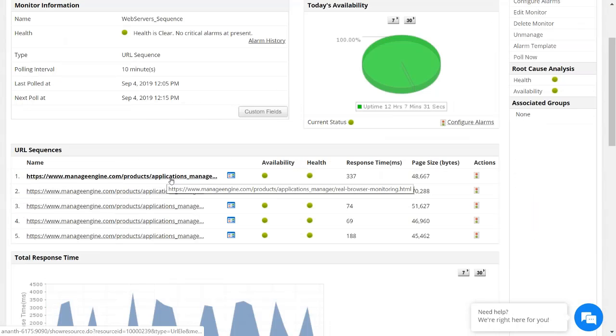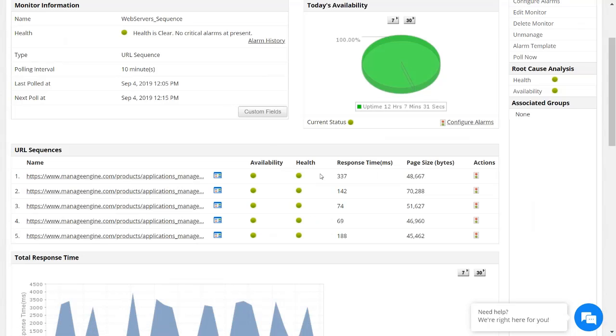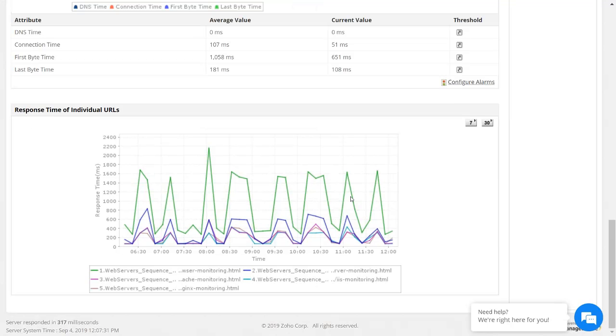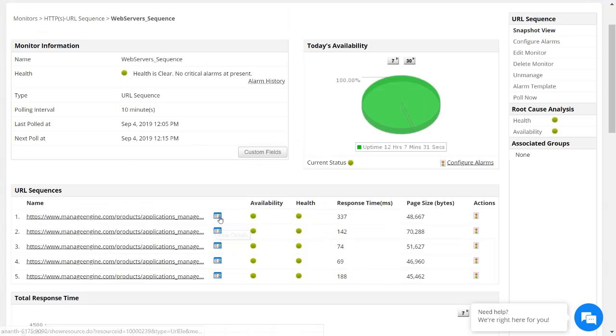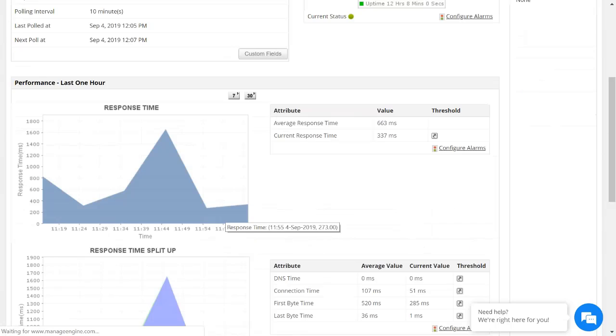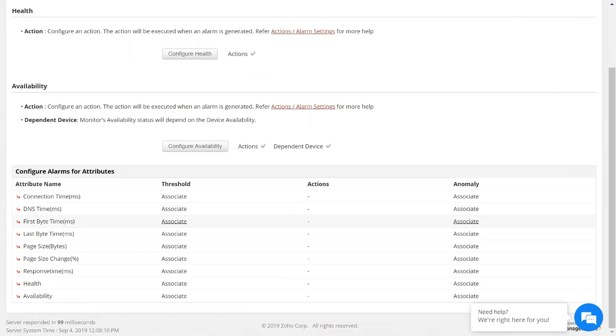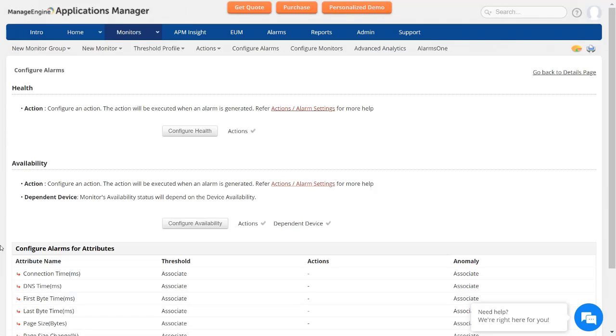And you can see the combined metrics of the response time of the individual URLs, that there is a spike in the specified time, and the average value and current value information. You can drill down to a specific metric by clicking the specific view details option, and you can view the individual URL's response time, which is similar to the URL monitor also. And you have an option to configure alarms right here, through which you can configure alarms for the connection time, response time, critical metrics. So with this, let me switch back to the presentation and discuss the next topic